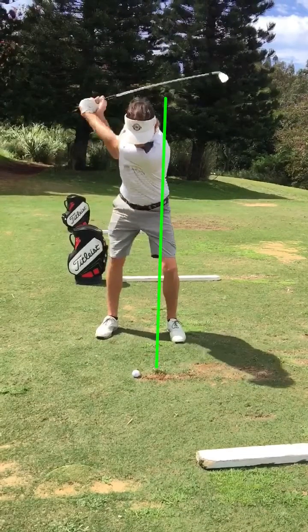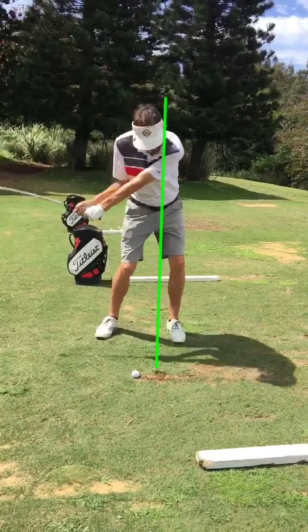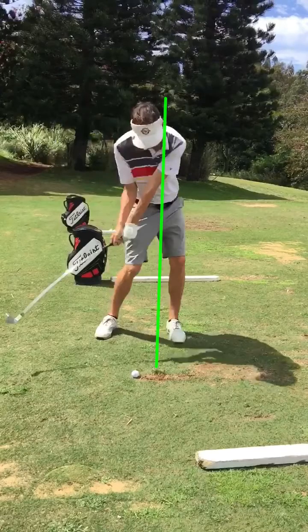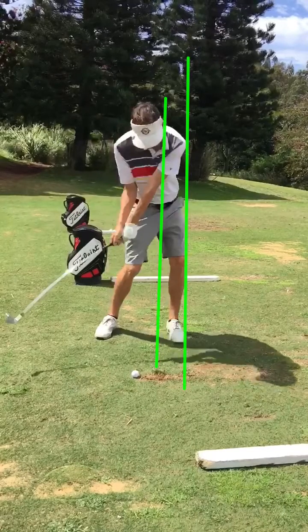As you transition, your first move is your hips sliding about, I would say, 6 to 10 inches forward, right? So you have not hit the ball yet, but your hips have already fired, okay? Once they've fired and your pelvis has come up and under you, they can't fire again. So at this point, the only thing that's working to hit the ball